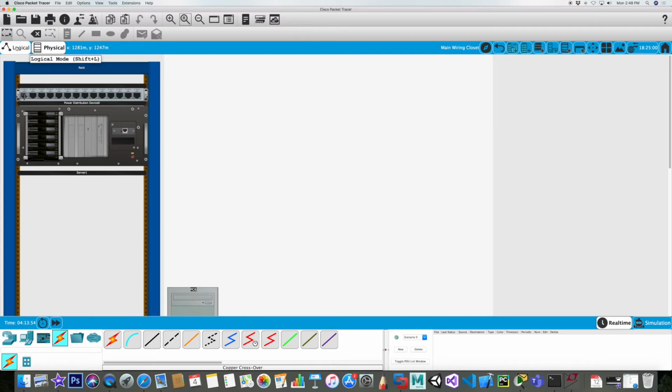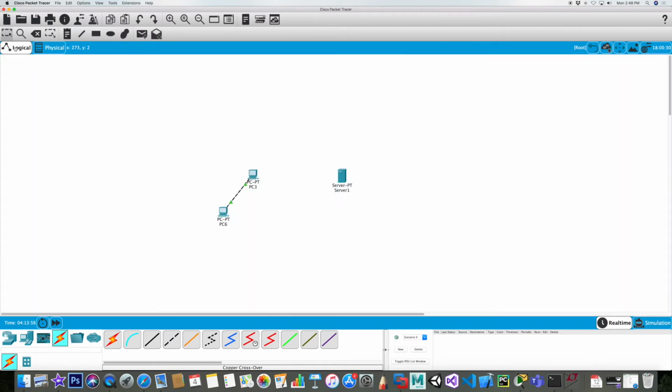Well, let's see what that looks like logically. And there you have it. The two computers are now connected together while the server is not connected to any of them. So you can actually move these connections in the physical view as well. Okay, it's a little slow, but it is a way to simulate how you would do it physically in the lab by manually disconnecting an RJ45 interface connection into another one. Okay,